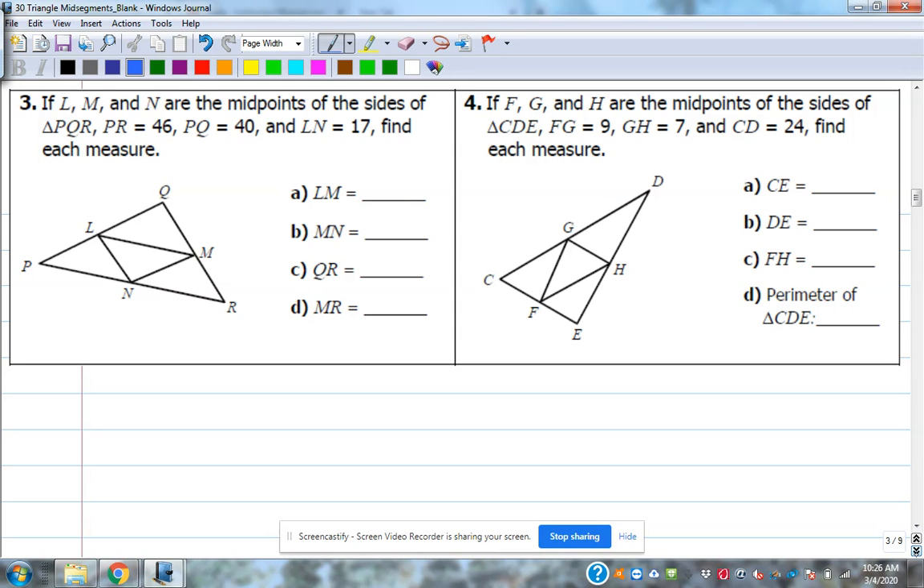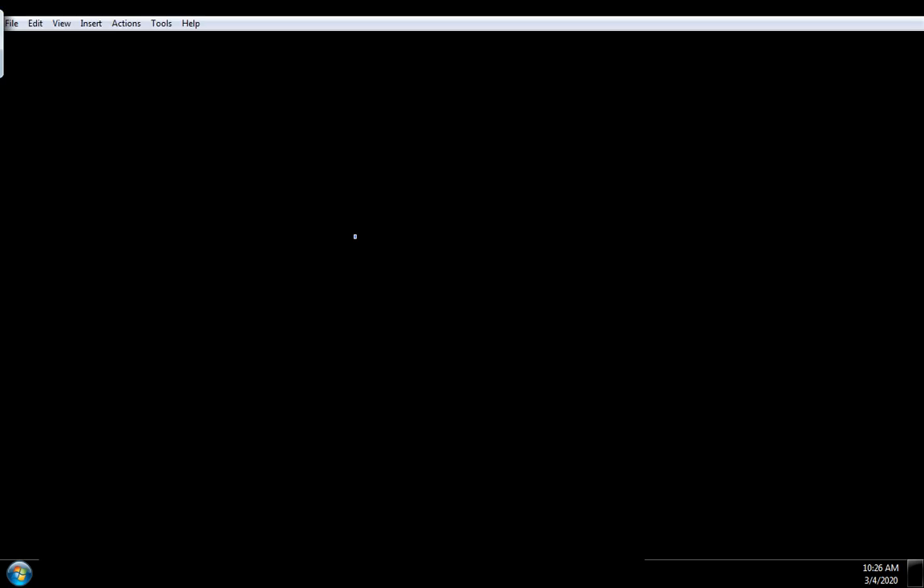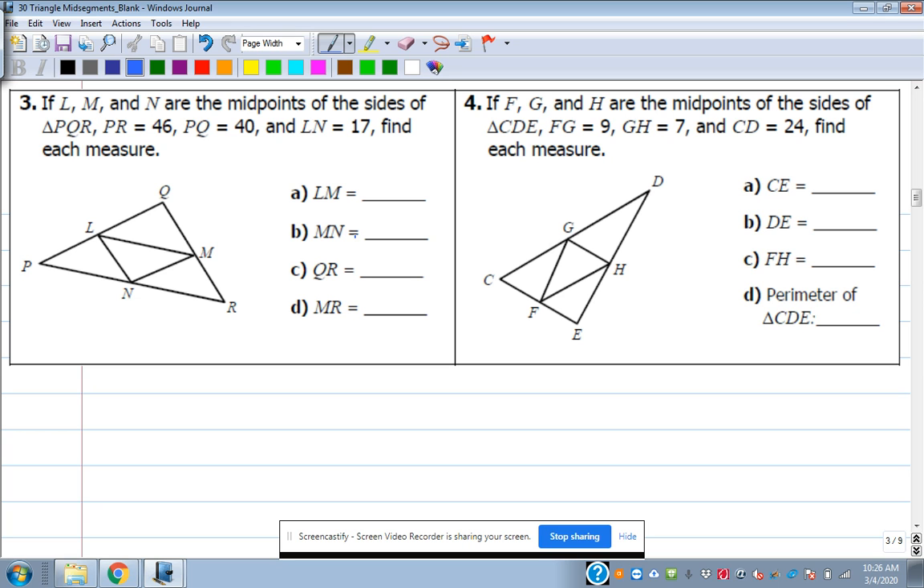If L, M, and N are midpoints of the sides of triangle PQR, PR is 46, PQ is 40, and LN is 17. Find each measure. So PR is 46, PQ is 40, and LN is 17. They want us to find all these other pieces. So LM